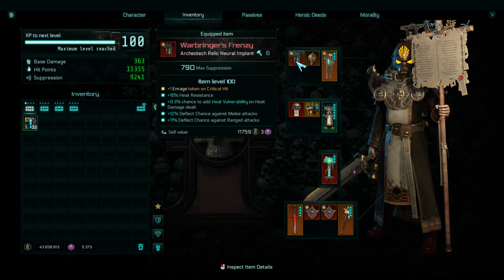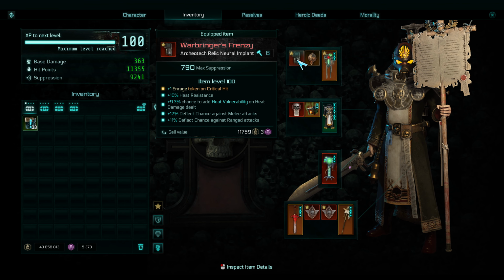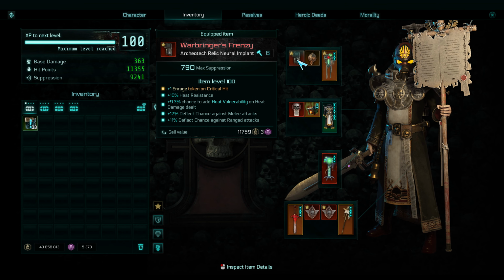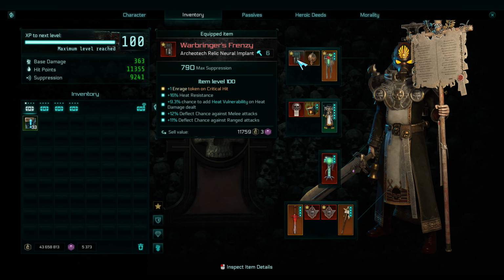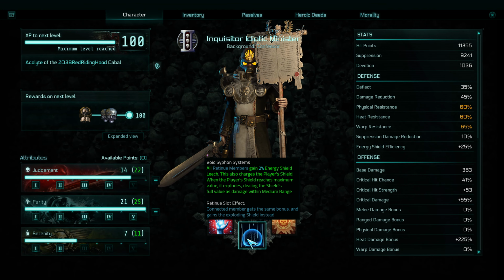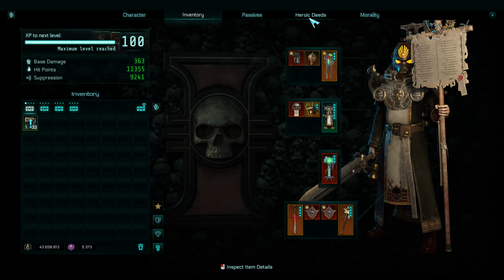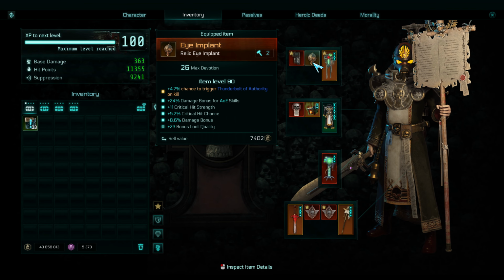Otherwise, this is just a defensive item. You're pretty much always wanting to try and make sure this gives you as many defensive blockers as possible. As you can see, we've got a lot of deflect chance here, we've got a lot of resistances, and that heat vuln on heat damage is also very nice since we do heat damage. This is also heat damage. Next we have